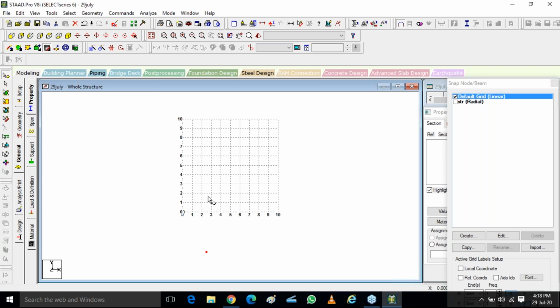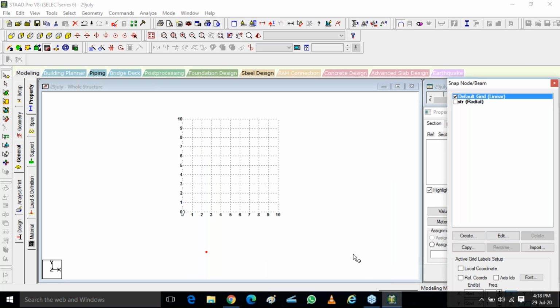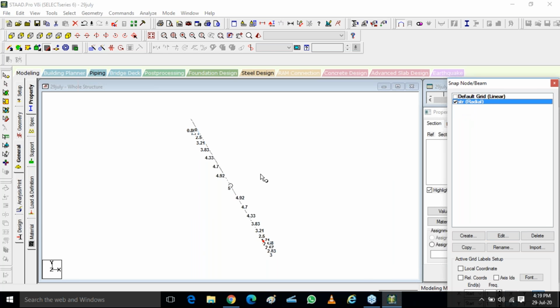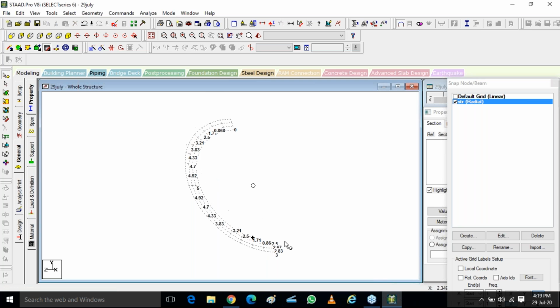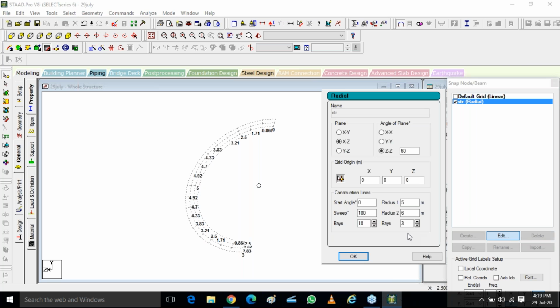Now what I have to do, I have to shift my circular coordinate to a particular angle. Now instead of using this radial grid to 360°, I'll go to edit. Instead of 360°, I'm going to use only maybe 180°. Now can you draw a circular grid? Yes or no? Anybody? Staircase, can you draw?